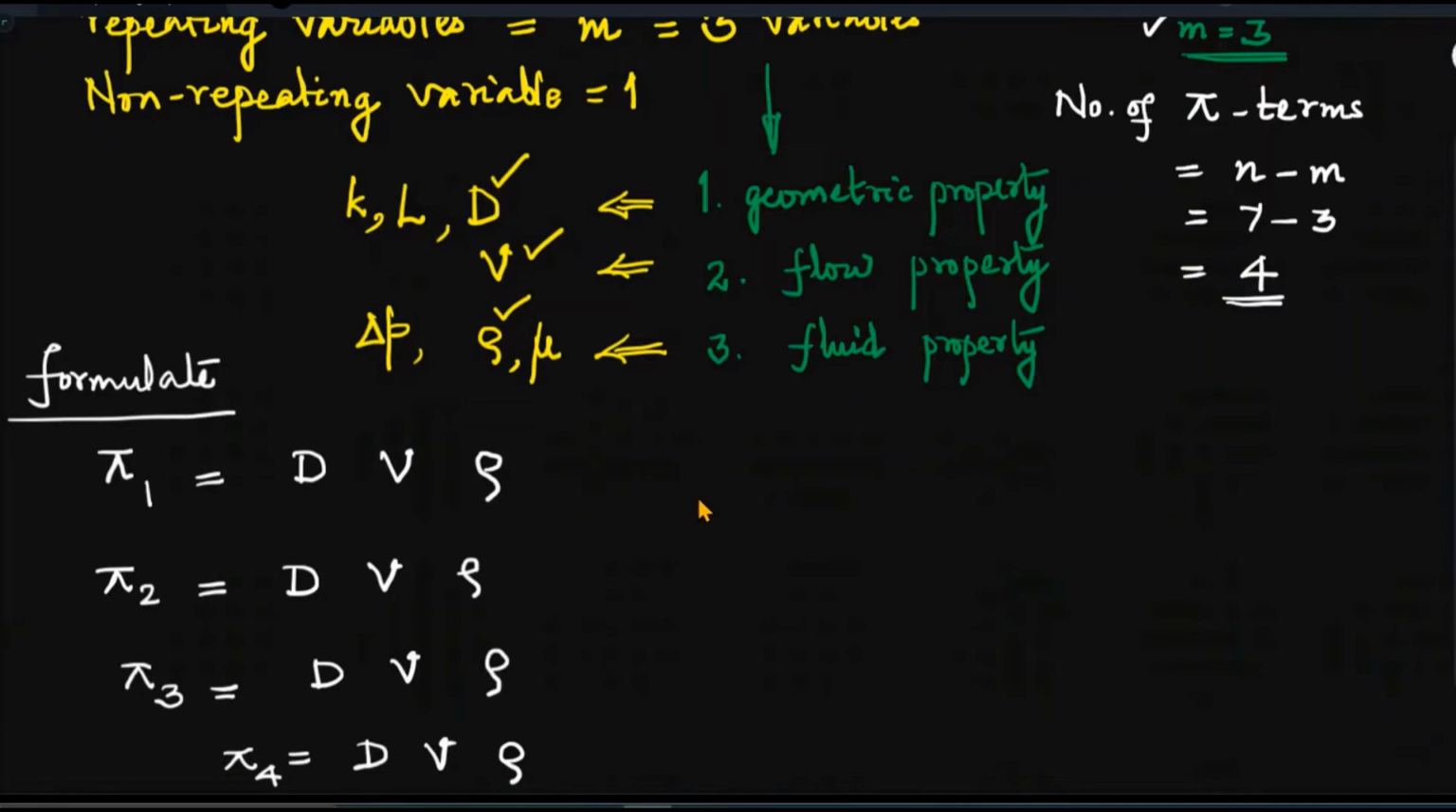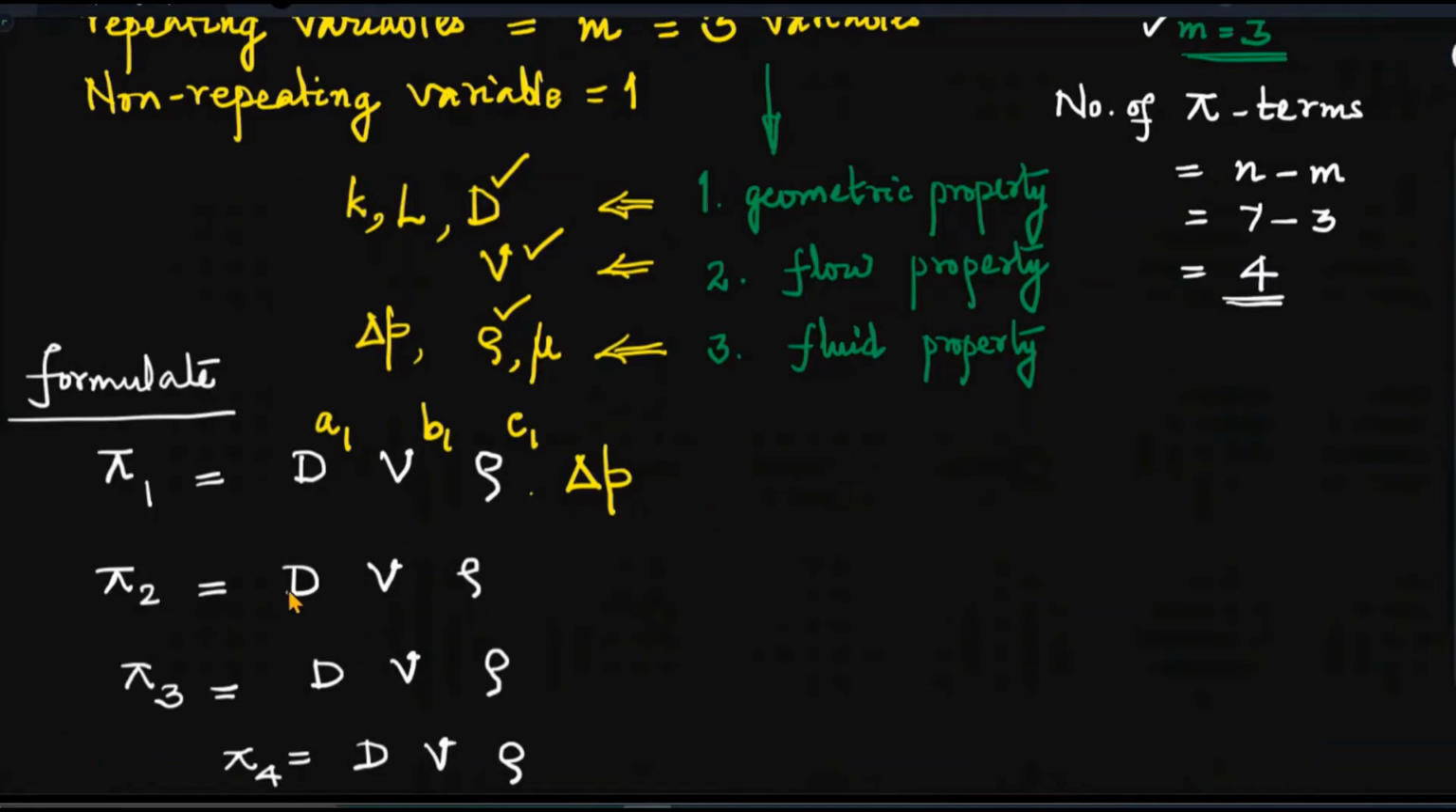One should be there in each pi term. In total, there should be m plus 1, because we have already decided 3 plus 1, 4 variables will be there in each pi term, out of which 3 will be repeating. The repeating ones we have chosen already by using a thumb rule. So d v rho, and we will add indices, and in addition to this we are going to add, let's say, d raised to a1, v raised to b1, rho raised to c1, and then one non-repeating variable. That dependent one can be fixed on the first one, can be included in the first pi